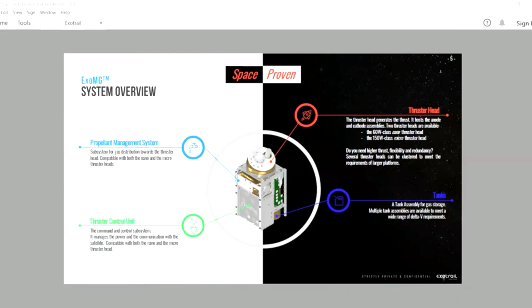Our XMG family is a family because it's not really a single product, but an ensemble of Hall effect thruster propulsion systems. Nothing new: Hall effect thruster technology is quite old, first flown in the 70s with the Russian thrusters, and it's always based on 4 blocks, which in our case are really building blocks because of our modular approach, meaning that all the configurations that we make are always based on the same electronics and fluidics. The fluidics is the module distributing the propellant from the tank to the thruster head, which is the module actually generating the thrust, and the electronics manage the power coming from the satellite and treat it in order to feed